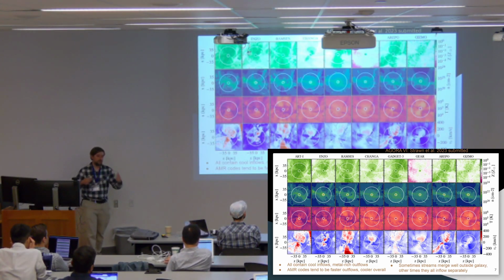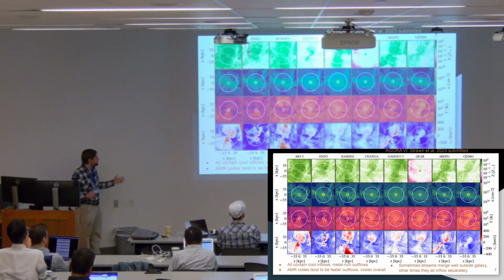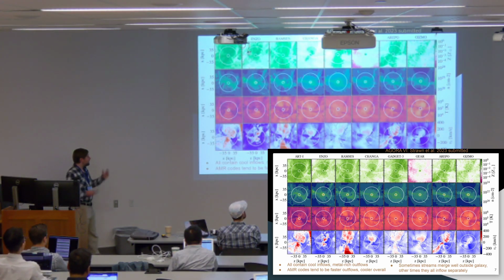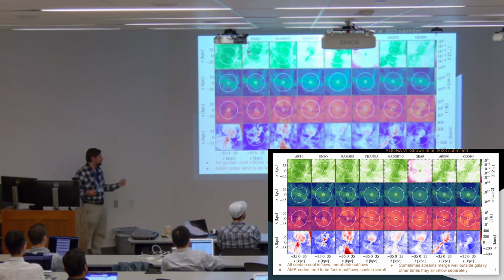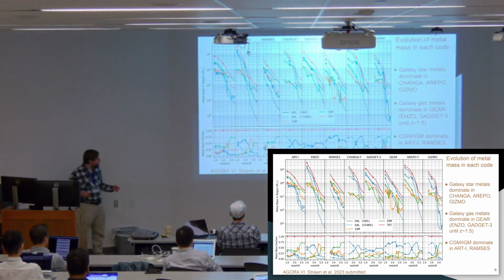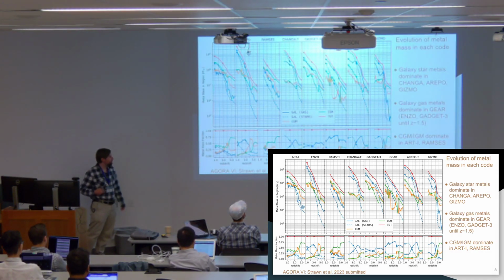So they're distributing the energy a little bit differently, right? The energy is either going into kinetic energy or it's going into thermal energy, and that kind of changes the amount of metals that get kind of kicked out that far. Where Arepo and Gizmo kind of follow. Arepo looks more like a grid code. Gizmo looks more like an SPH code. And this means they have really different distributions of stuff.